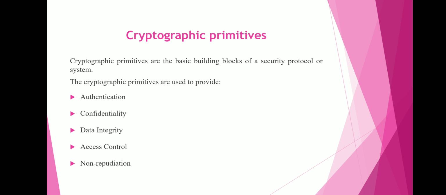We have one more security service known as non-repudiation. Non-repudiation is a security service used to avoid impersonation or forgery attacks in networks. The non-repudiation service means a person cannot deny that he has signed the document. In later stages he should not deny that it was sent by me or that the document was signed by me. Such attacks can be avoided by providing the non-repudiation service, which also ensures the authentication of the user. These security services are very important in order to secure the network.